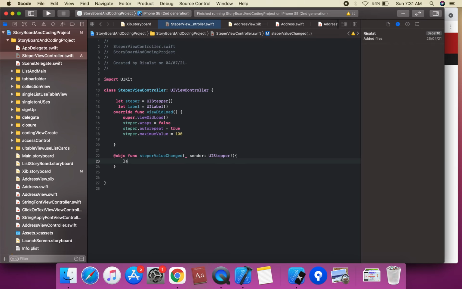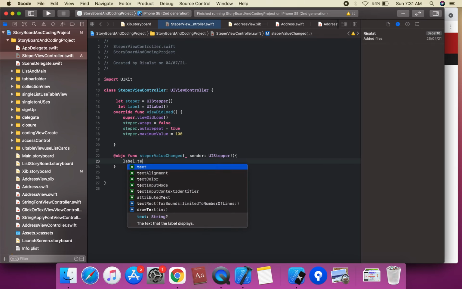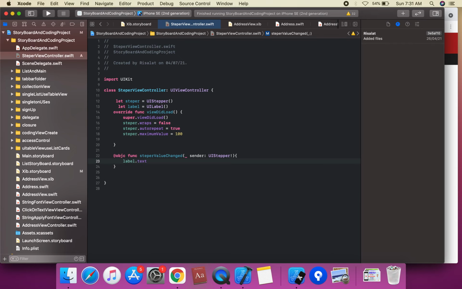Suppose this is our label property: label dot text. Label dot text is set to the stepper value, and we can use string interpolation in UIKit.